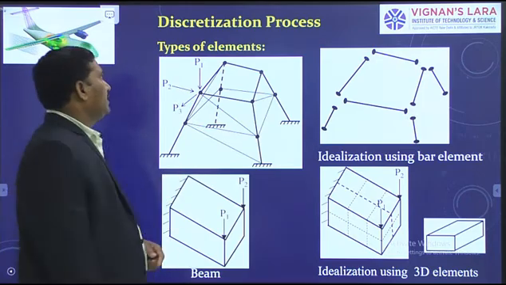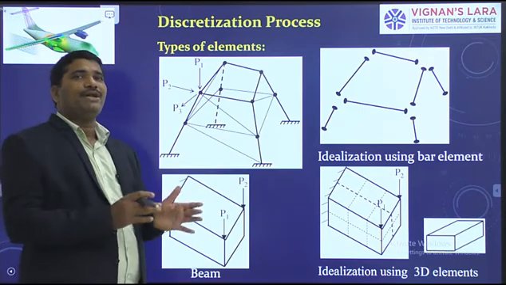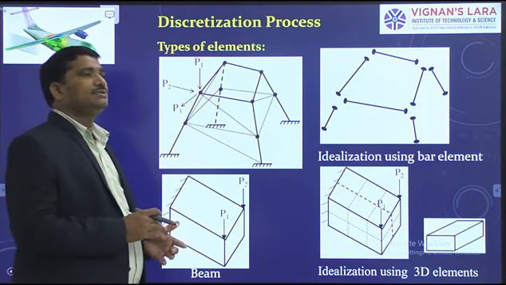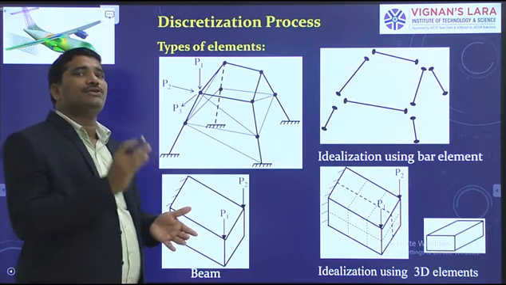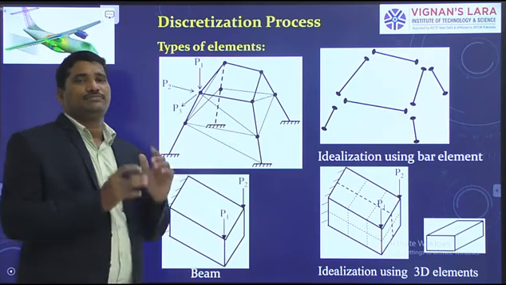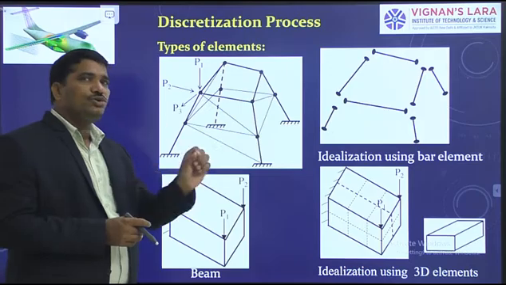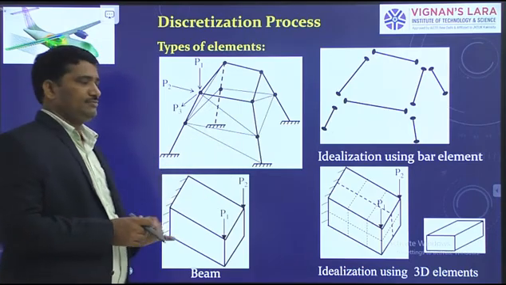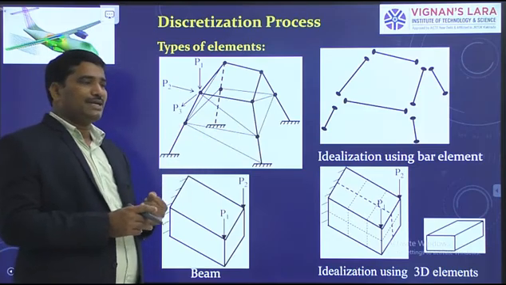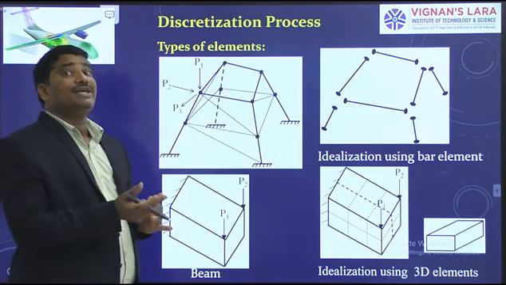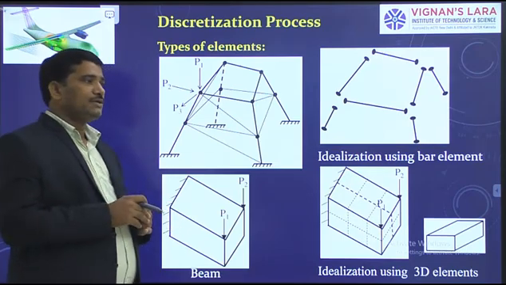Now we shall see the discretization process. What is the discretization process? It is the phenomenon of dividing the domain into subdomains. To discretize the domain, you have to choose the suitable element first. The type of the element is important. Second one, size of the element. Size of the element also plays an important role because